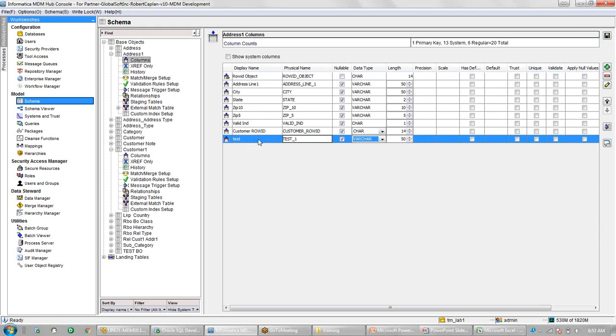Yeah, correct. Whatever display name we pass, the physical name gets created automatically with the same name. And then if required, we can change the names. But does it know that the customer row ID is a foreign key here? No, as of now, it doesn't know. Because that's a normal column we have created here. Okay, thank you.